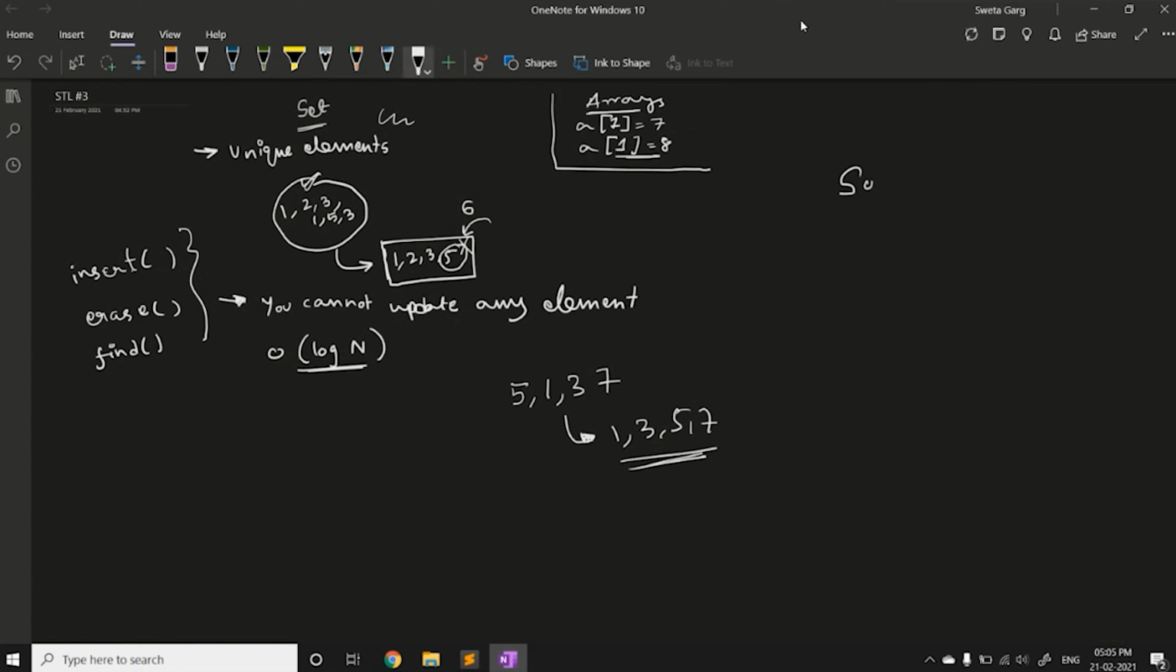You also have an unordered set. So basically, a set can be of two types. One is the normal set that you have known till now, and the other is an unordered set. If you want to know how a set is implemented internally, the underlying implementation of a set uses